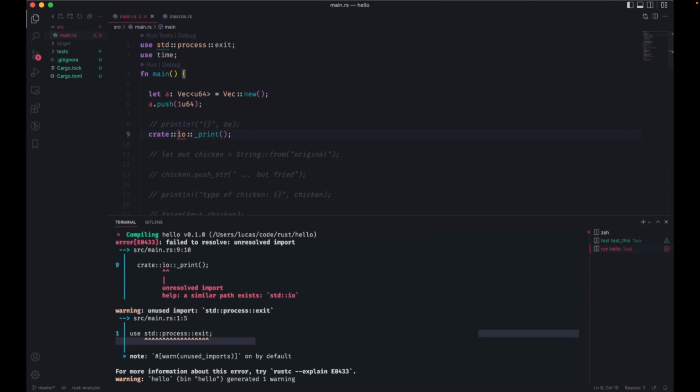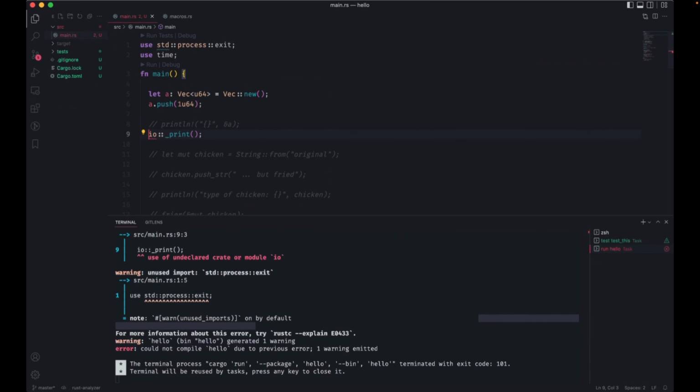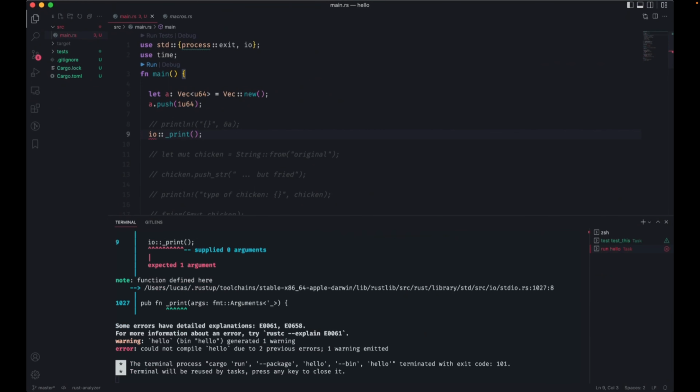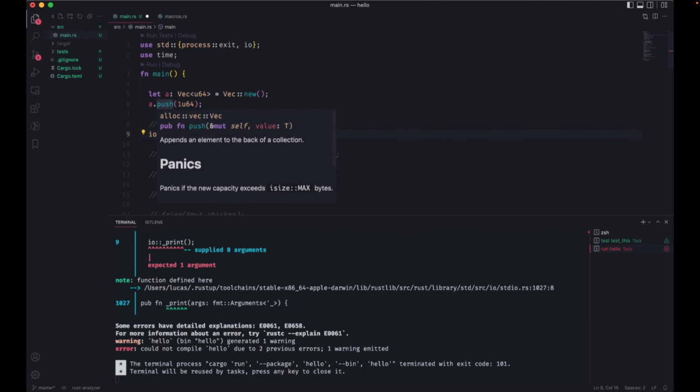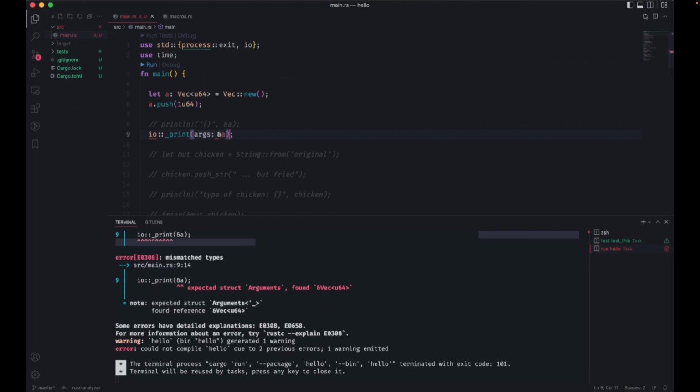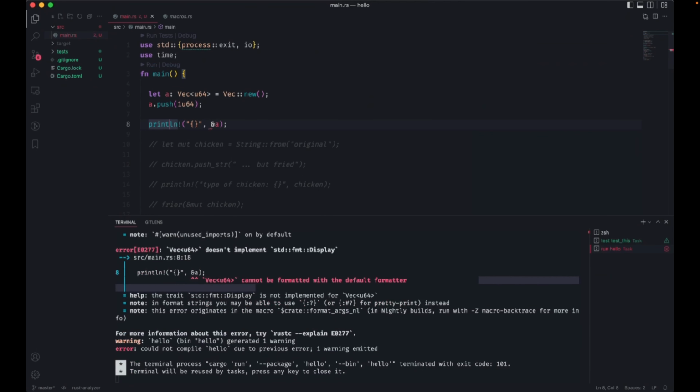Really? What is it expecting? This is annoying. I don't expect this to work. I've never actually used the underlying functions. I've always used the macro for print line. Anyway, we'll leave it. We'll use this for now.